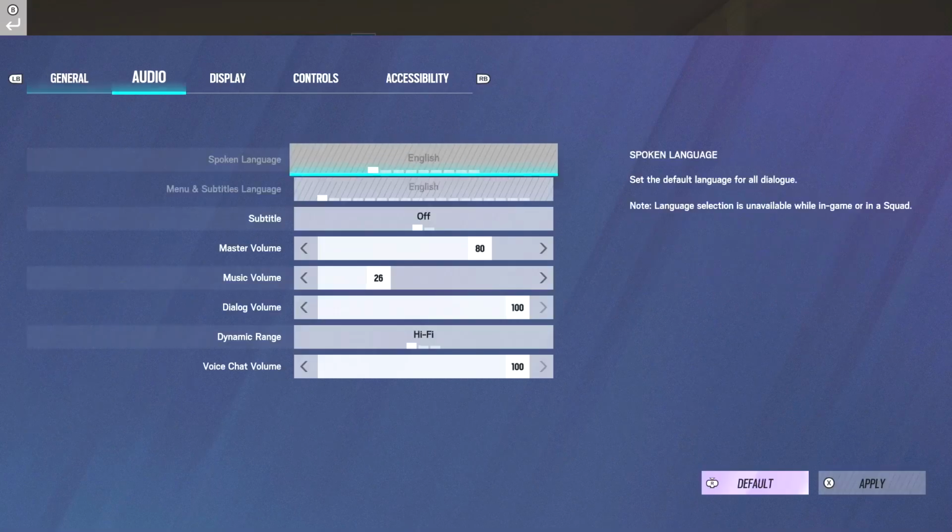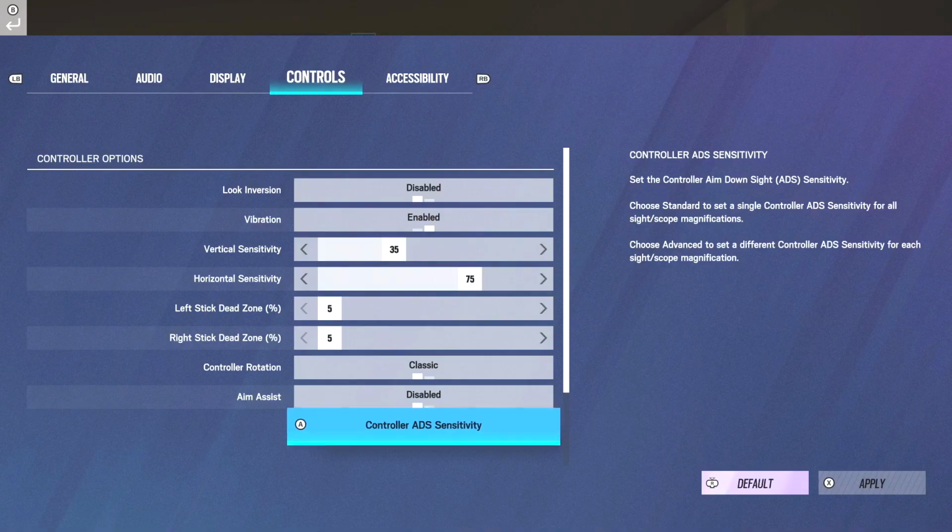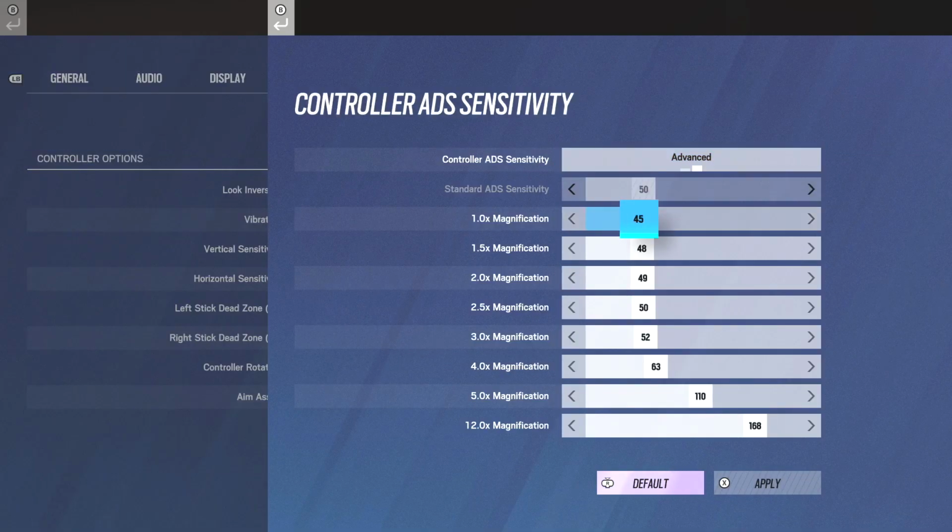Let's see, I gotta look it up, because I have no idea. ADS goes 30, 43, 43, 43, 44, 44, 45, 44, 67. Not that I ever use Cali, but...